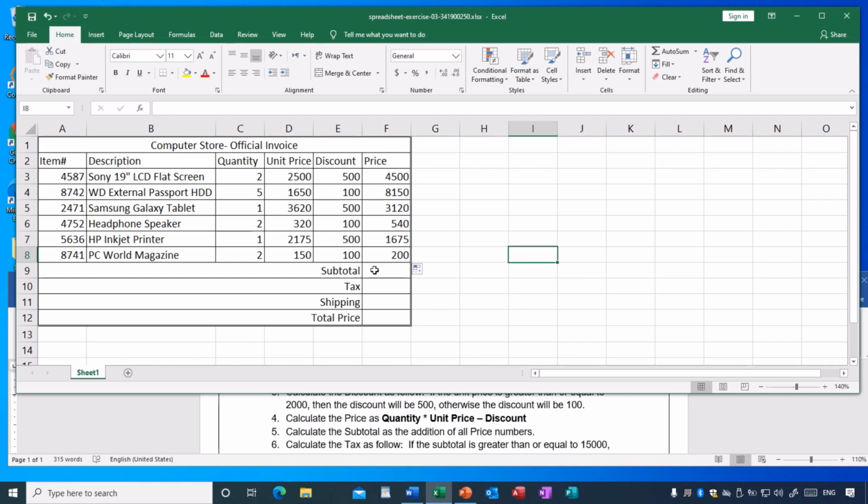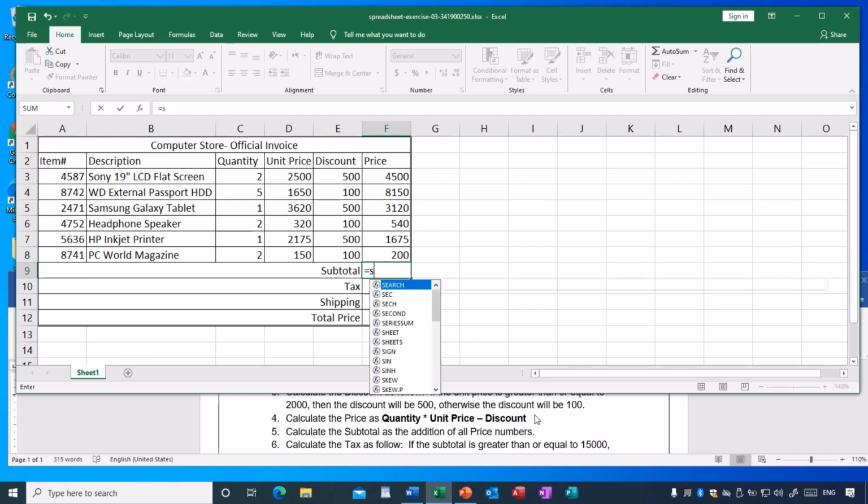So this means this subtotal is the addition of these numbers. So we will use the sum function. So again, I will click here. We already covered the sum function in the previous videos, so please, if you didn't watch, go back to these videos, exercise 1 and 2, and you will see how we did that. So again, I will type equal, then sum, and I open parentheses. Now I will put the address of the first cell, which is this one, F3, and then two dots up to the last item,